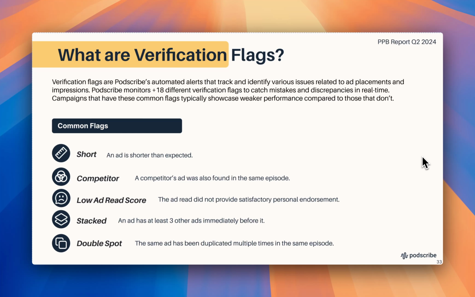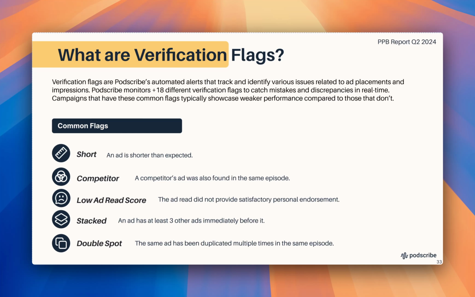So verification flags, you can think of them like the things you'd catch if you went in and listened to every ad and manually inspected it. We have a list of things that we hope we're automatically catching, where you would otherwise say, hey, why is a competitor running right next to my ad, or why is my ad behind 5 other ads, or why is my ad 40 seconds when I bought a 60-second?